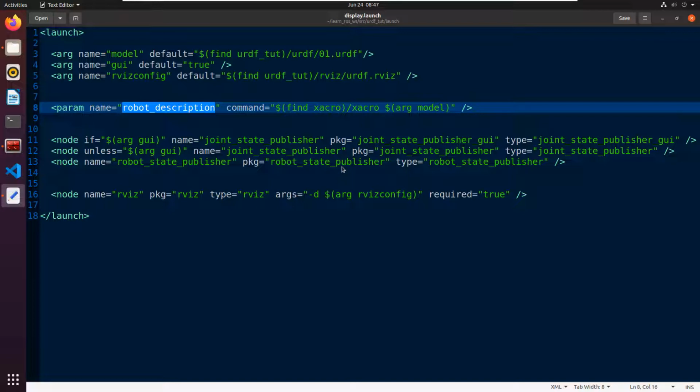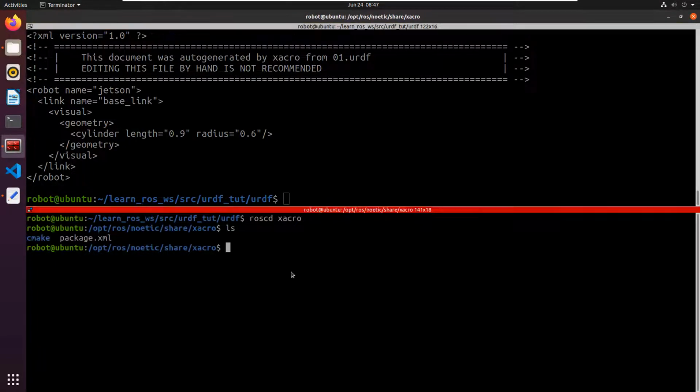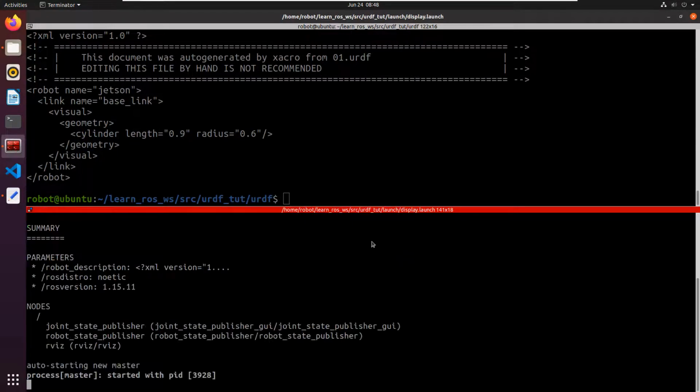And the robot state publisher node subscribes to the joint states published by the joint state publisher, and then it publishes the TF. So I can show you what is happening from the command line, with RQT graph. I'm starting the display.launch,